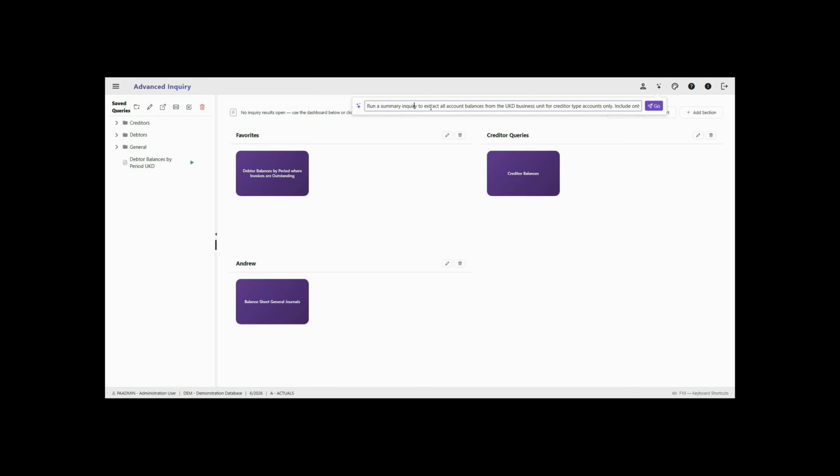So in this case, you can see here that we're asking for account balances from the UKD business unit, creditor type accounts only, and include transactions where the allocation marker is paid. I could easily have said there where the invoices have been paid, and the system would interpret that. When I click go,